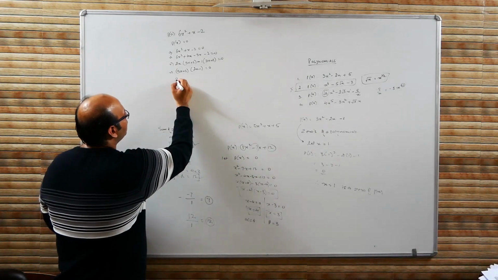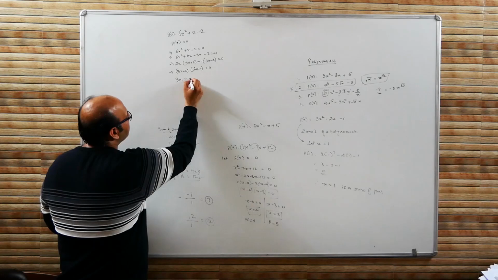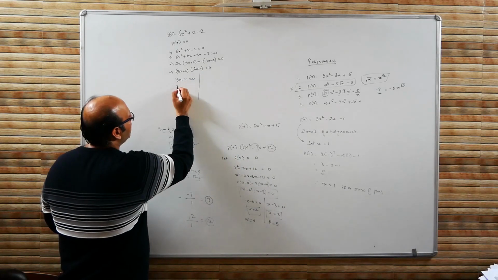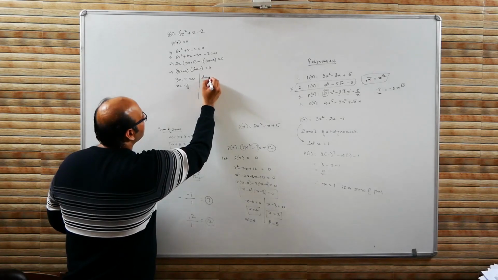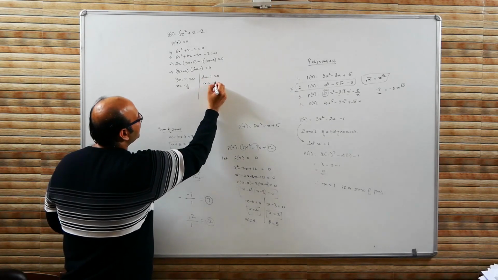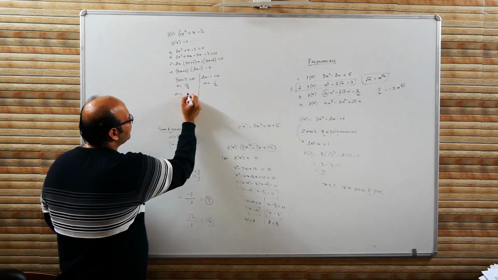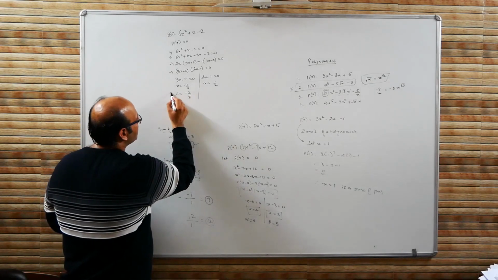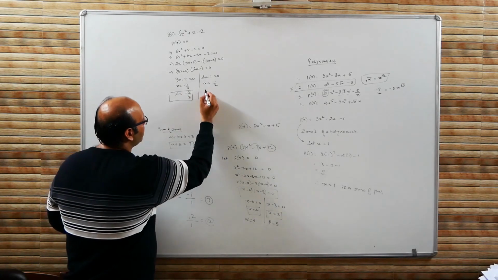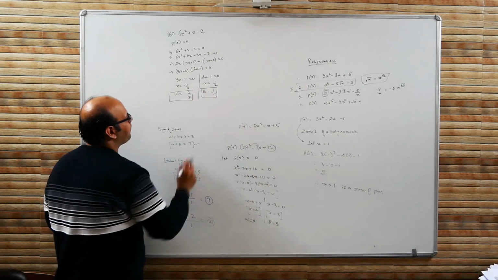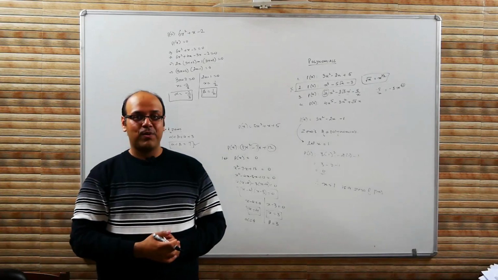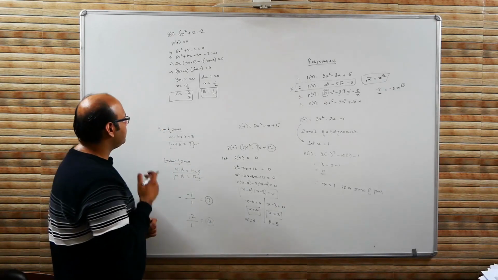Now if the first factor is 0, then x will be negative 2 upon 3. If the second factor is 0, then x will be equal to 1 upon 2. I can call the first one alpha, so alpha comes out to be minus 2 by 3, and beta in this case comes out to be 1 by 2. And let's see if we can now establish the relationship. First of all,